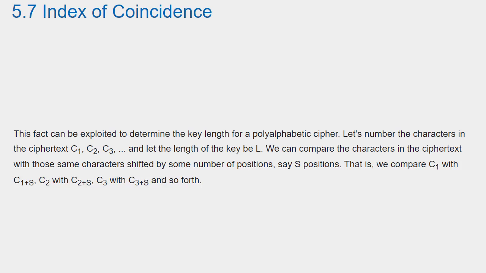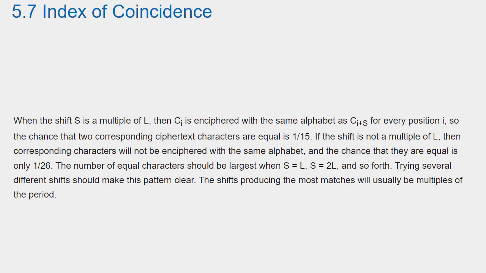This fact can be exploited to determine the key length for a polyalphabetic cipher. Let's number the characters in the ciphertext C1, C2, C3, and let the length of the key be L. We can compare the characters in the ciphertext with those same characters shifted by some number of positions, say S positions. That is, we compare C1 with C1 plus S, C2 with C2 plus S, C3 with C3 plus S, and so forth. When the shift S is a multiple of L, then